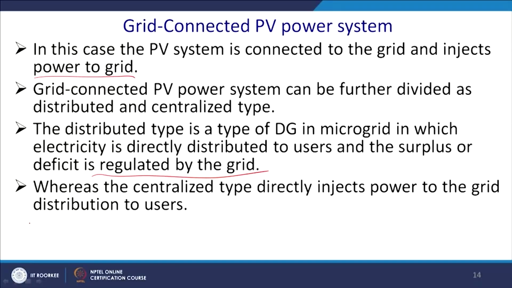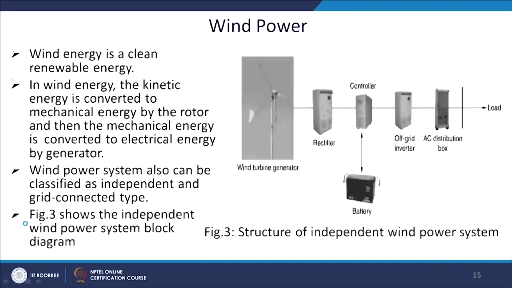Whereas the centralized type directly injects the power to the grid, to the distribution network, our IIT system is this. Now,